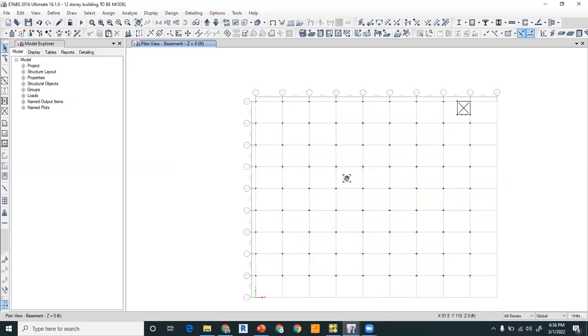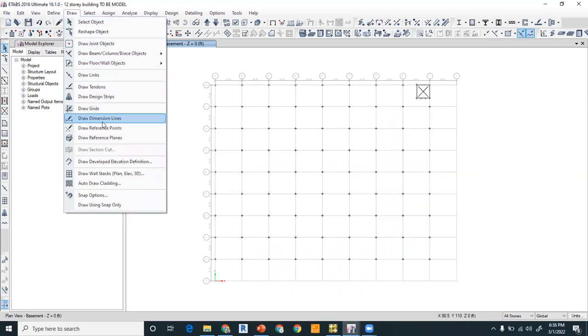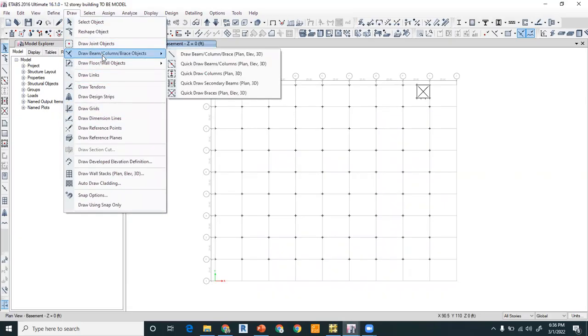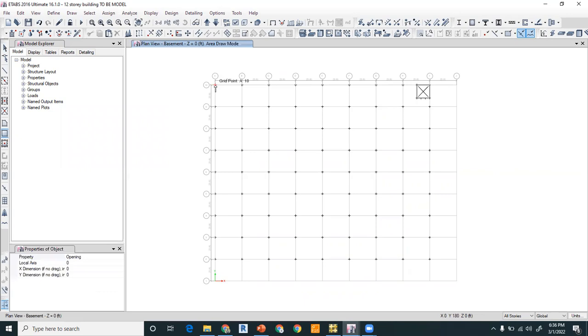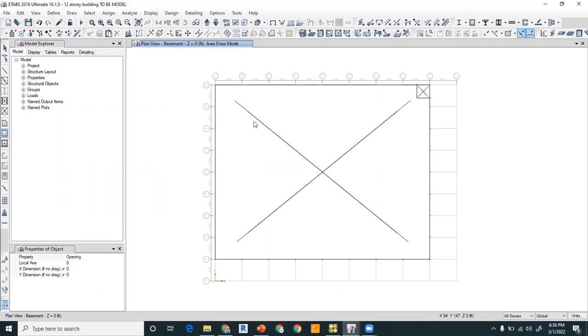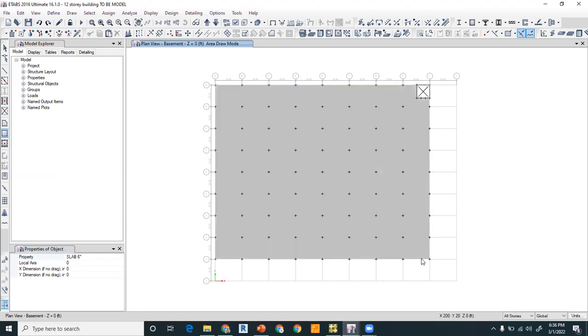So you have to go to the base, and then we have to go to the draw and draw the floor area, and click on the draw rectangular, and this is the one edge column, this is the other. So you have to draw the raft. So this is the opening, so you have to select the example. This is, let us say, 6 inches. So this is the raft, and the raft is at the center of this column, and the column